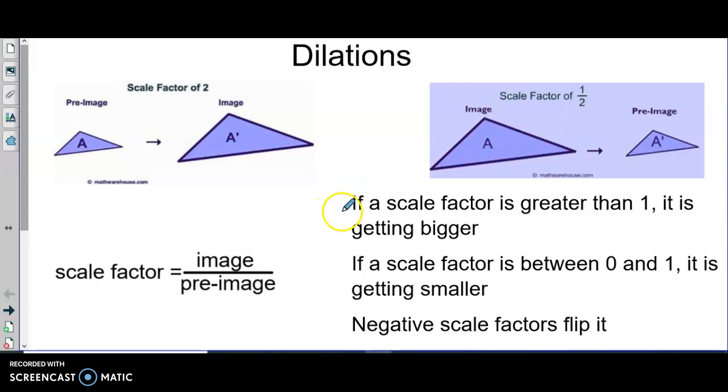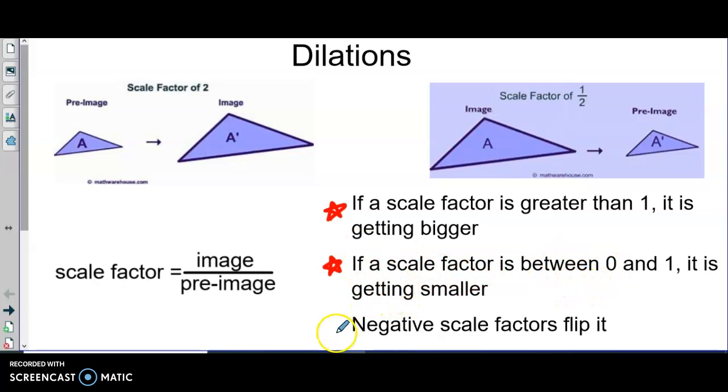So here's just some other helpful hints. If a scale factor is greater than 1, it's getting bigger. Like if it's 2, you're getting 2 times bigger. If it's 3, you're getting 3 times bigger. If it's 4.5, you're getting 4.5 times bigger. If a scale factor is between 0 and 1, it's getting smaller. So if it's 1/2 or 3/4 or 0.55 or 0.01, anything between 0 and 1 is going to make it